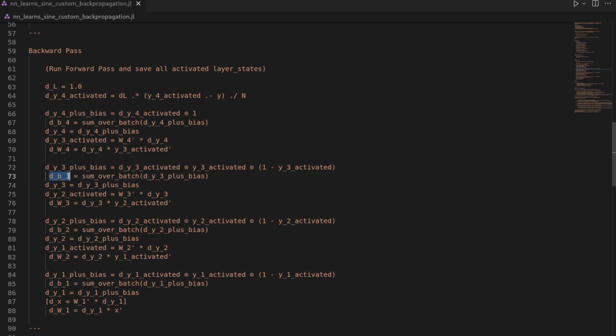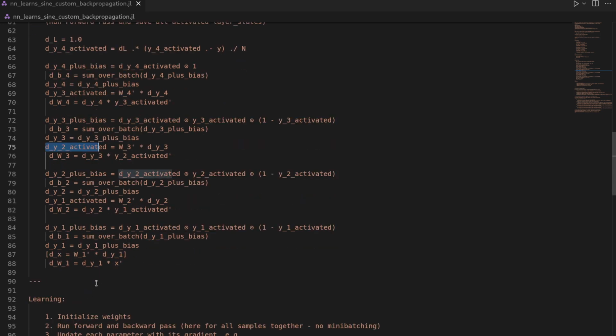And then from there on, it's mostly the same. We will get a cotangent on the bias, a cotangent on y3, on y2 activated, on the weight matrix, and so on and so forth. We go all the way down to our very first layer. And here I put something in brackets, which is, we could also get a cotangent on the input. Oftentimes this is not really relevant, but more generally speaking, in the context of automatic differentiation, also in the application of recurrent neural networks, you might then want to do something with the cotangent on dx. There can be an application for this, but for us here, it is not needed, so I just put this in brackets. Nevertheless, we need the x again, because the x is relevant in order to build the cotangent on